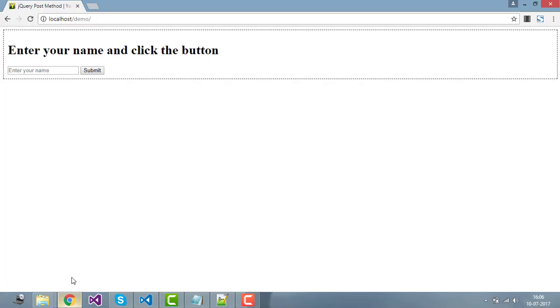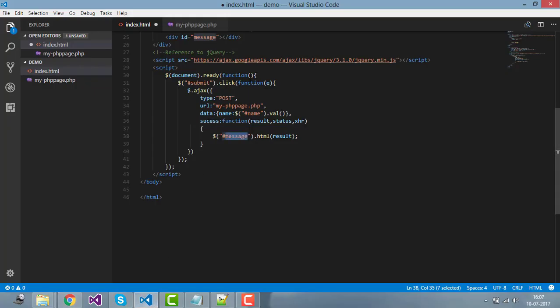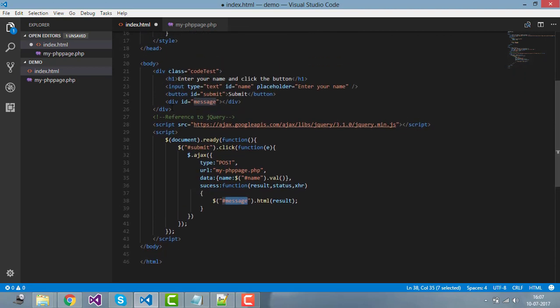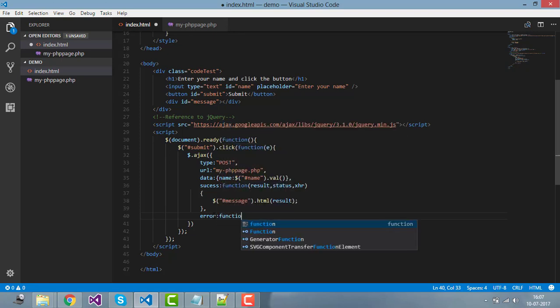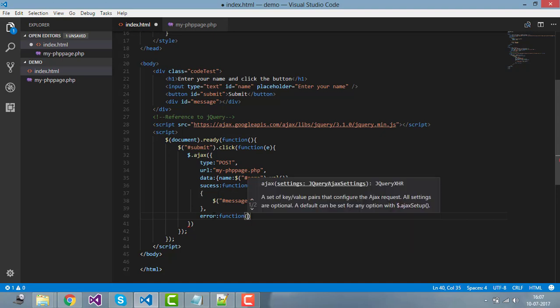And what is this message div? This is right below it. Okay, see the code, you remember I have placed a div with ID message, and this message div will show the result value. Okay, so this becomes the success, and the error method is another callback function which